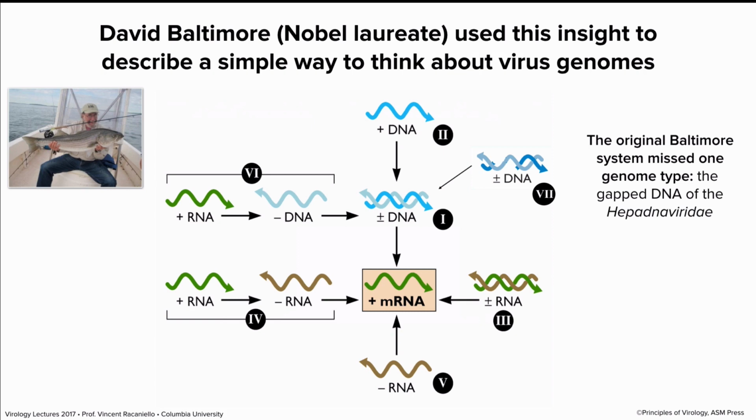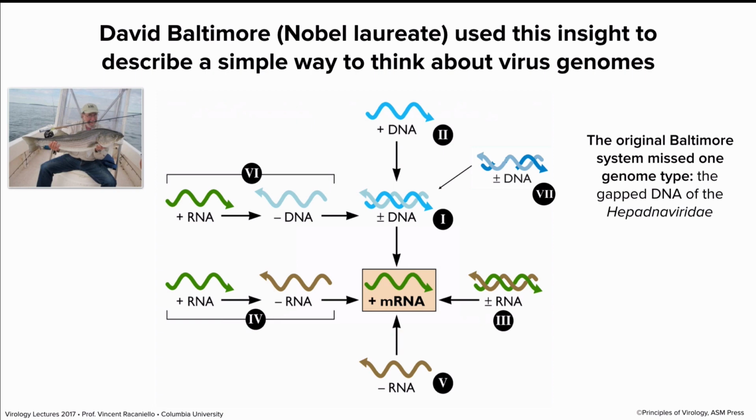He discovered a really important enzyme called reverse transcriptase that we're going to encounter today and many times throughout this course. And for that discovery, he and 2 others received a Nobel Prize in 1976, 77. But before that, he'd been thinking of ways to simplify and unify viral genomes. So he knew that viruses had to make mRNA, so he made a scheme called the Baltimore Scheme, where he put mRNA in the middle, and he said, let me see how many different genome types we can find, and then we can trace their path to mRNA. So that's what the scheme does.